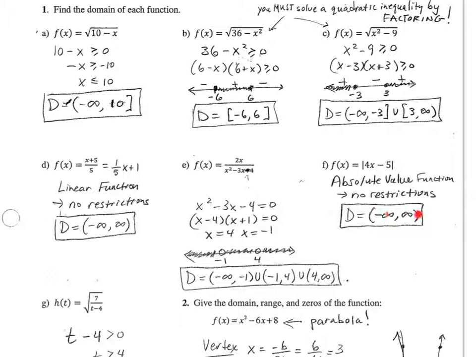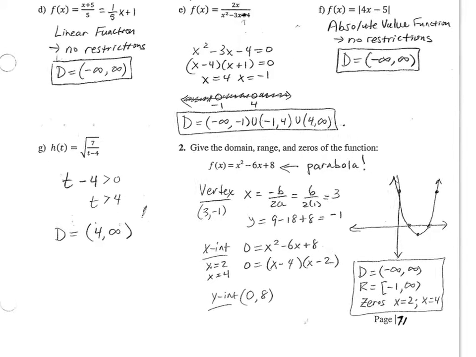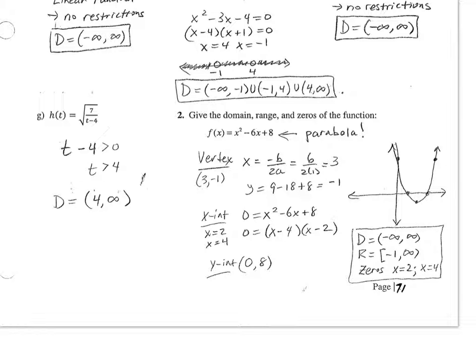So we answer the domain as all real numbers. And in part G, I see a square root symbol. As well, I see a denominator. So in this function h of t,